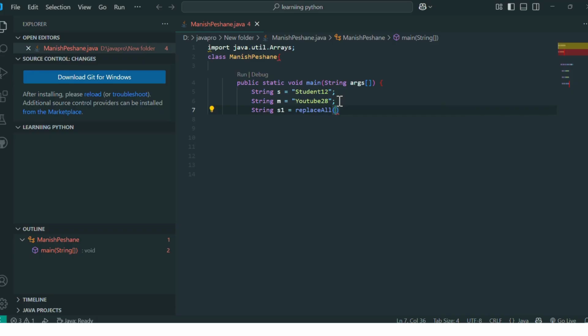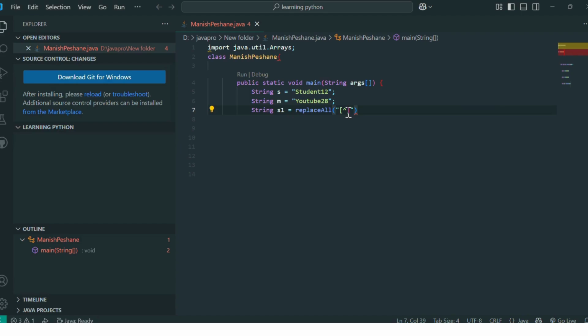Then we need to write double quote and square brackets and the except symbol. Whatever characters you want to write here, we can accept.